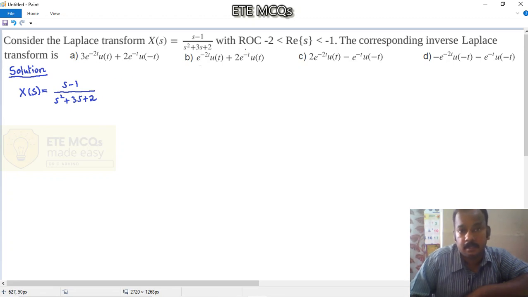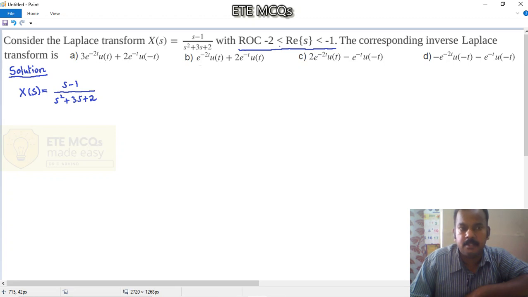Again, an ROC condition is mentioned: minus 2 is less than the real part of s, and it is less than minus 1. So you are supposed to find the corresponding inverse Laplace transform which satisfies this condition. That is the ROC. It should satisfy this ROC. Okay, let us get back to this ROC